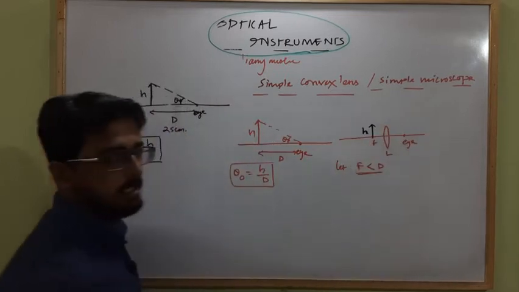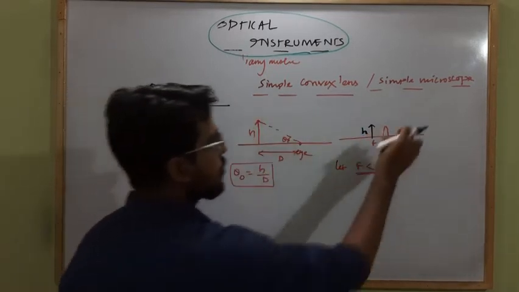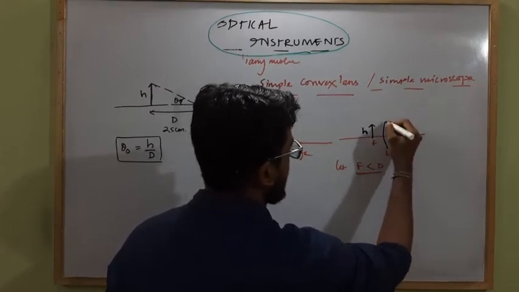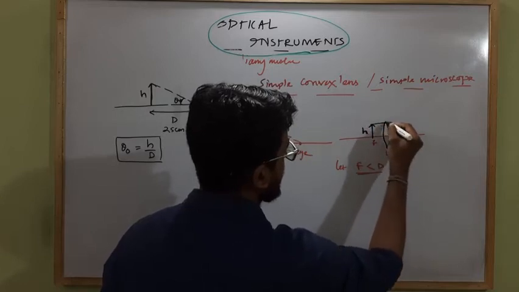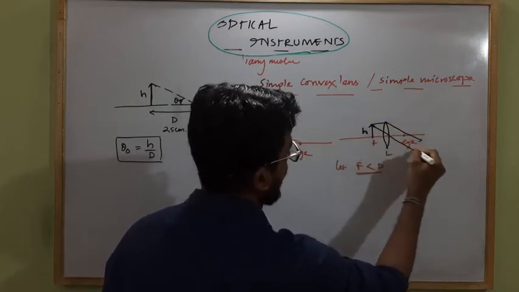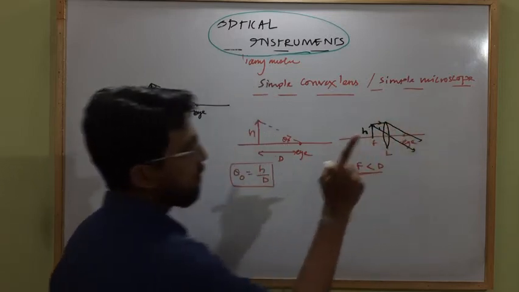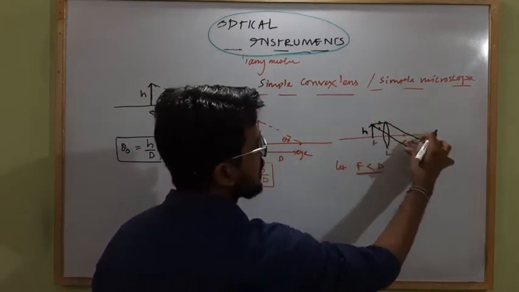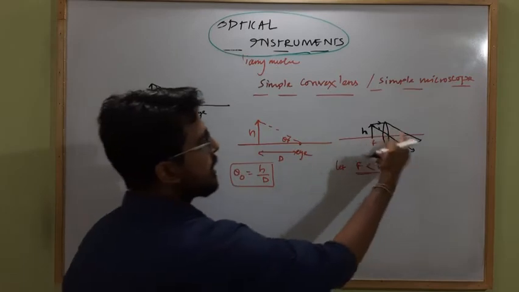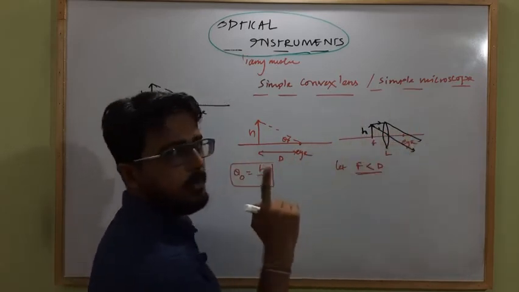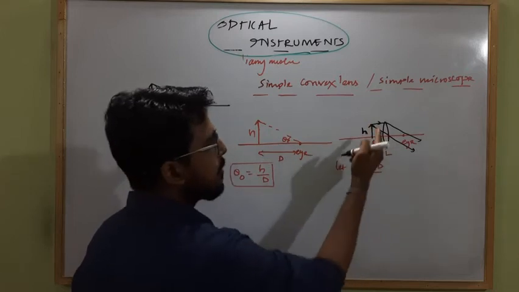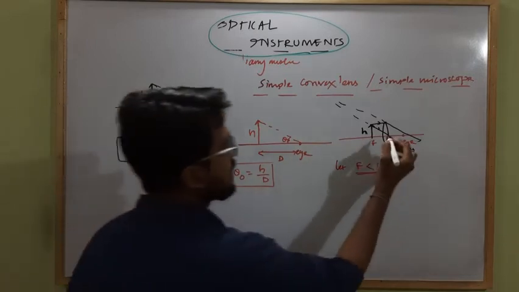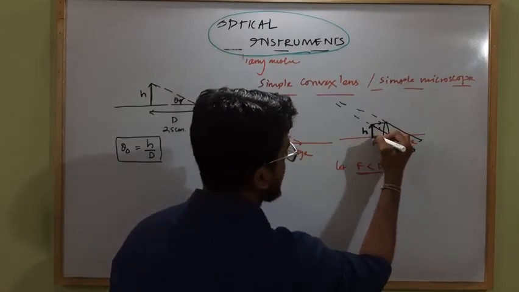at its focus, then its image will be formed at infinity, because you already studied that when an object is placed in front of a convex lens, the rays after refraction go parallel. As the rays go parallel after refraction, they will go up to infinity. So when the refracted rays coming from the object are parallel, they will easily reach the retina of the human eye. So we can easily view the image, and the image will be formed at what? Infinity. So we are easily able to see this object of height h.